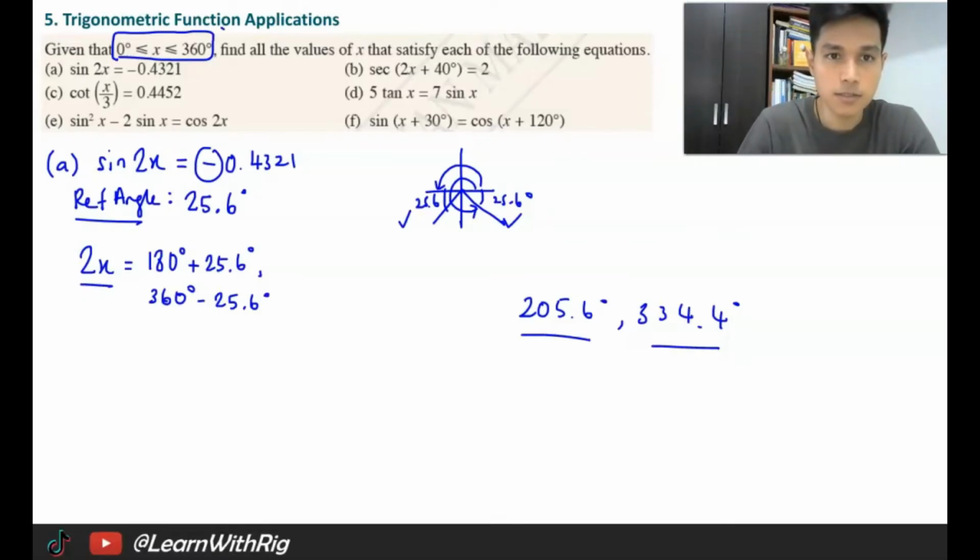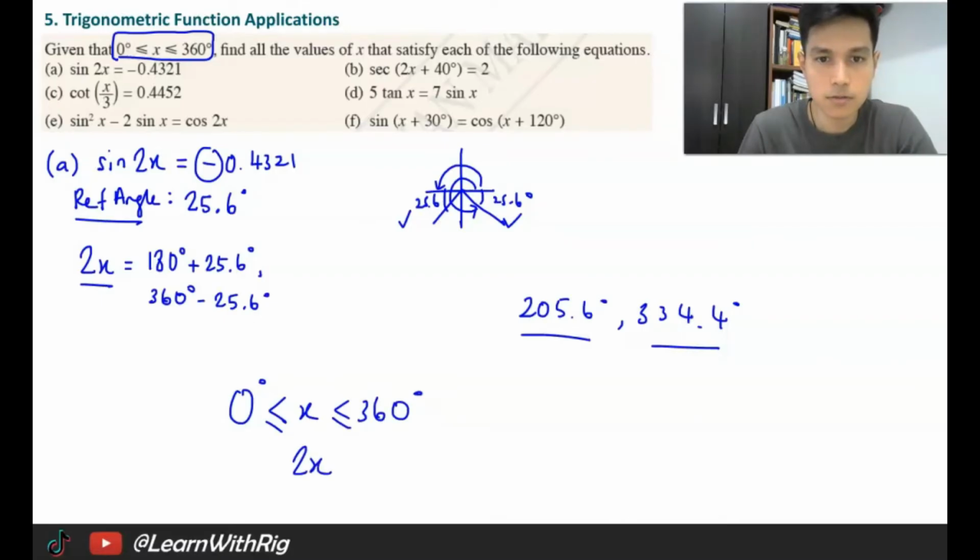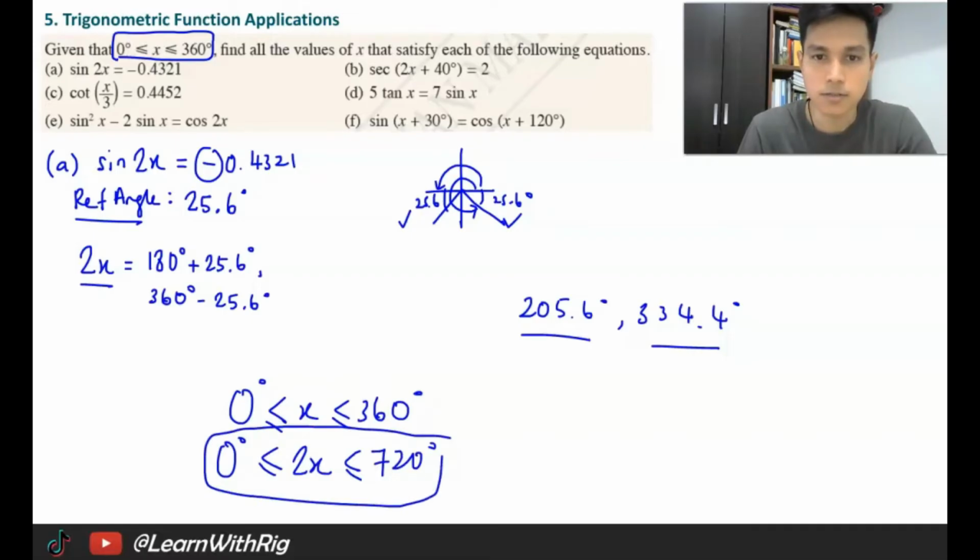You see, this range they give you is 0 to 360. Correct? But you are finding for 2x. So that means you must times 2, right? So 0 is still 0. 360 times 2 is 720. So that means they are asking for 2 cycles. So instead of these 2, you have to add another 2 more values that are